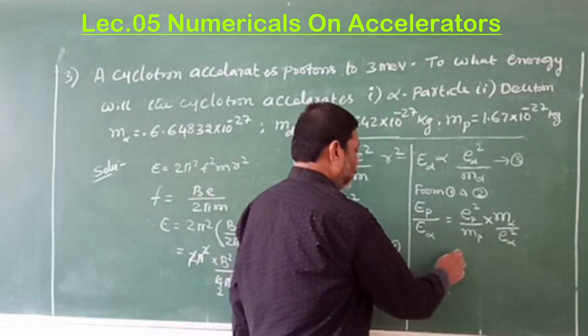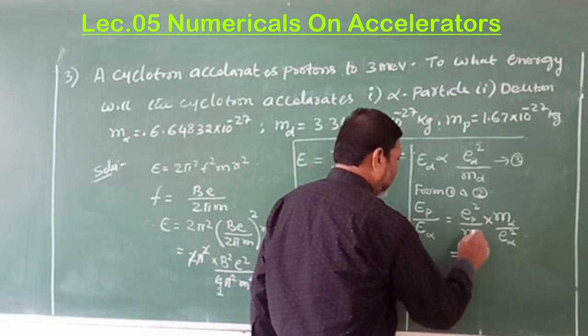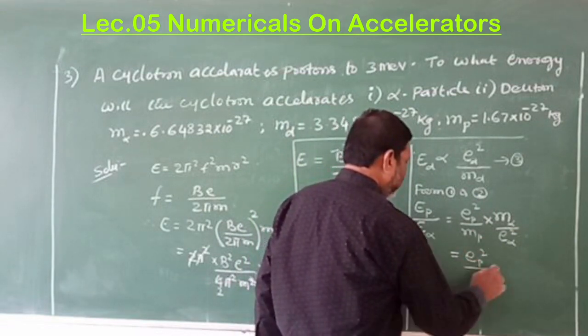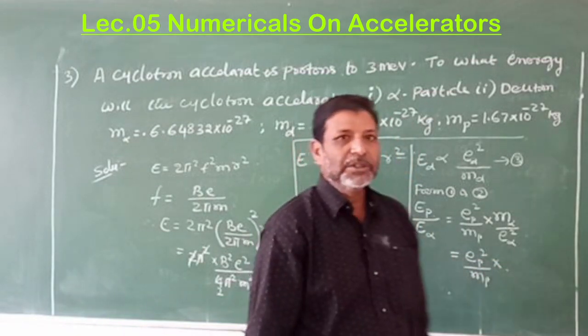And this is equal to, I will write this as it is, charge of proton square divided by mass of proton into